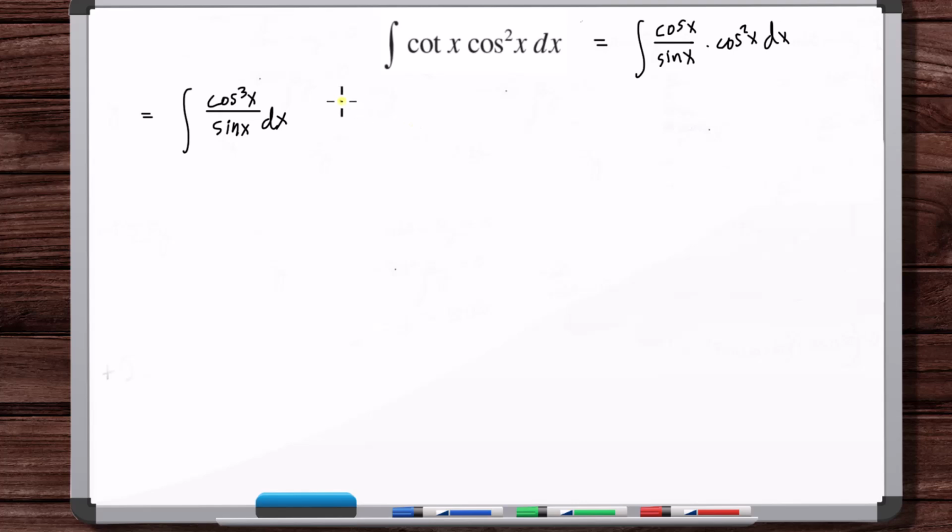Well, look, we've got an odd power of cosine. So let's do the same technique. We have cosine squared of x over sine of x cosine x dx. So, okay, if we say u is equal to, well, no, we don't do that yet. Next we say cosine squared of x is 1 minus sine squared of x